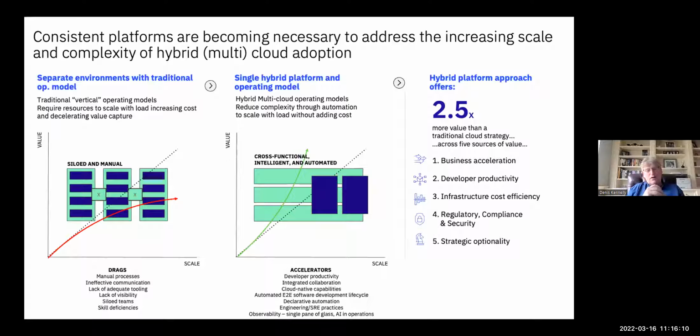And this is really becoming a bigger focus right now for CIOs and CTOs and architects. Of course, making sure you're considering regulatory and compliance and security issues. And you have what we call strategic optionality. That's that portability layer, so that you're not tied to one specific platform, but you have choice as you look across these environments.